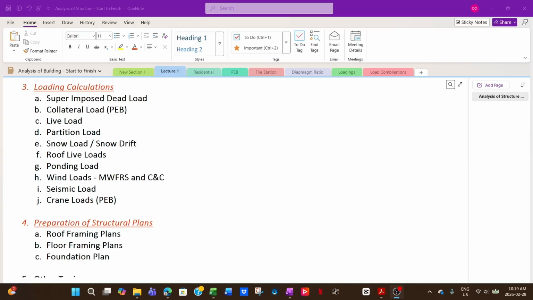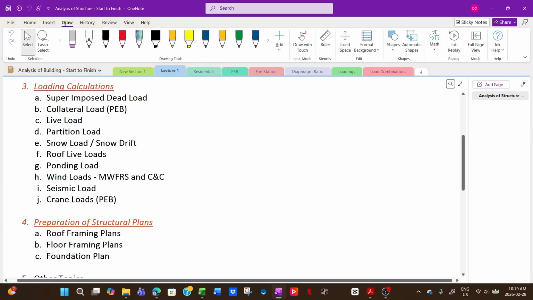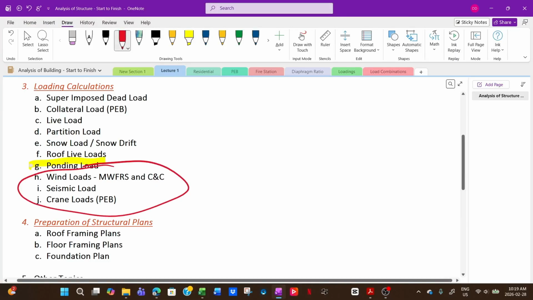So from the last video, we discussed up to flood load. So in this video, we will be discussing the remaining three loads, which are the wind load, the seismic load, and the crane load. Now,